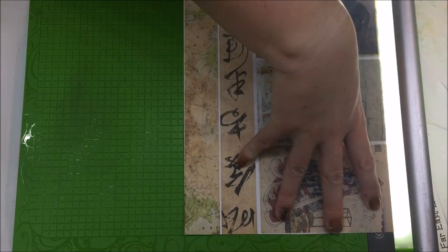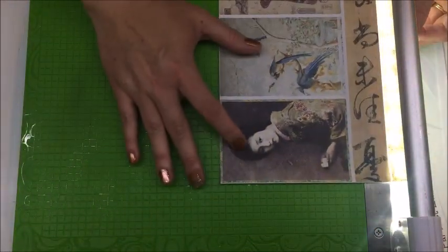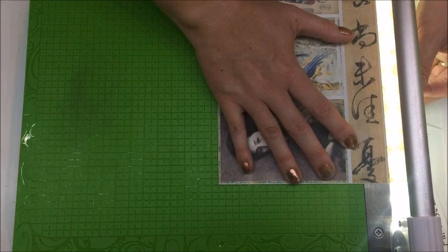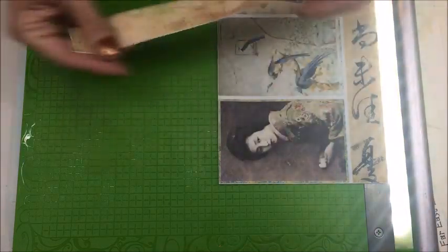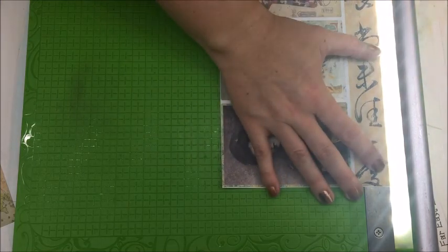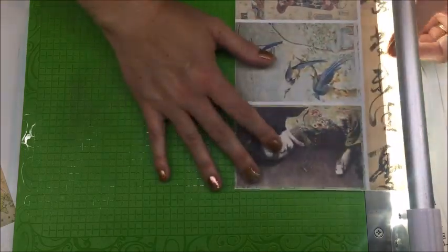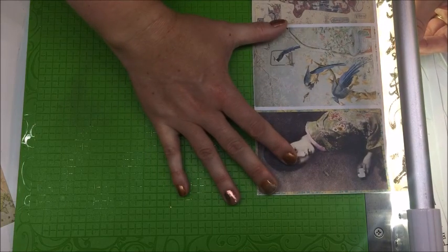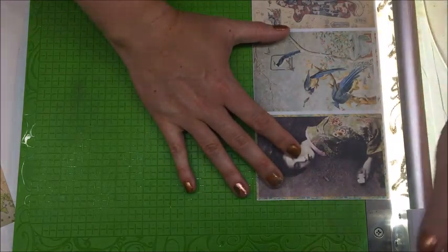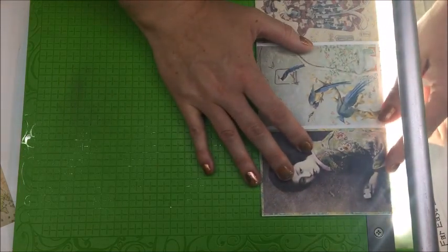And if you do a lot of digital art, this is so common for your printers to do this, and you don't want to waste all that ink and go back and reprint it straight. This is a really nice alternative, and I like this cutter a lot. I was having to replace my Fiskar blades all the time, and I don't have to do that with this. So in the long run, even though it is kind of pricey, it does save me money, and it does save me a headache, because I will never be in the middle of the project and go, oh crap, my blade won't run, and I ruin a piece of paper or something, you know,